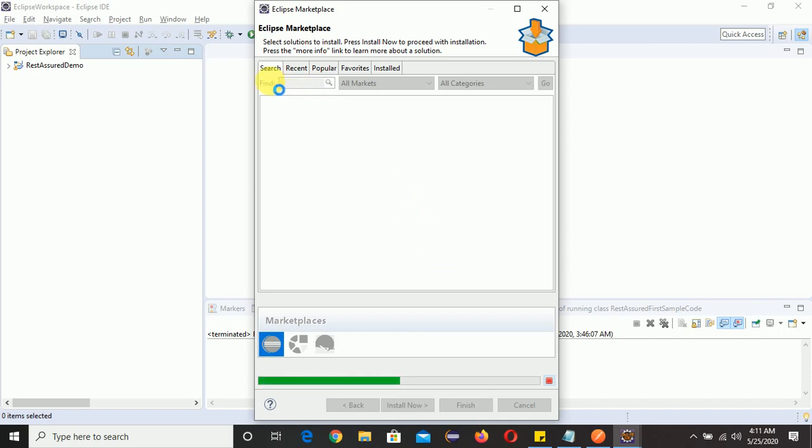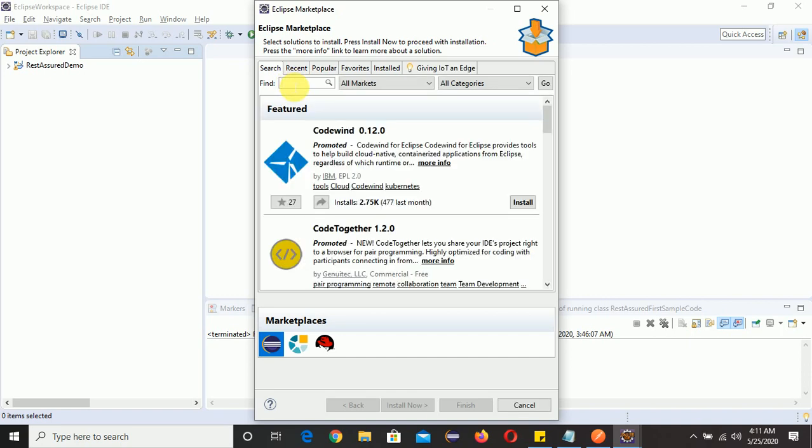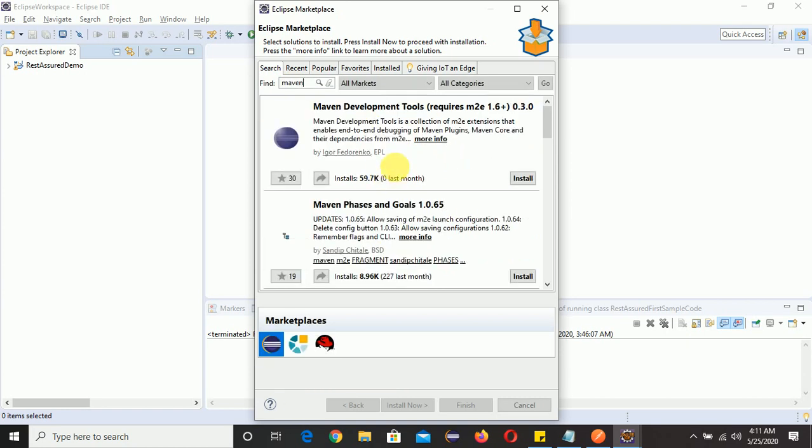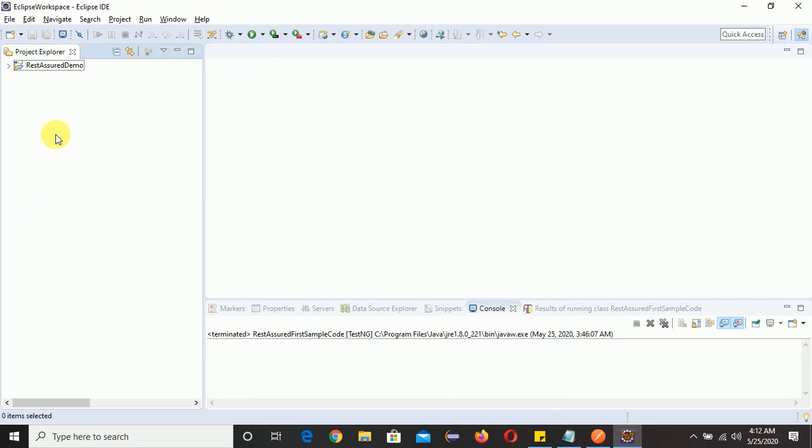Actually, you can see Find is there, right? Now you can type Maven and hit enter. You'll find one link here, so you can click here and install in case you don't have Maven. But in my Eclipse, Maven is there, so I will directly create one project.